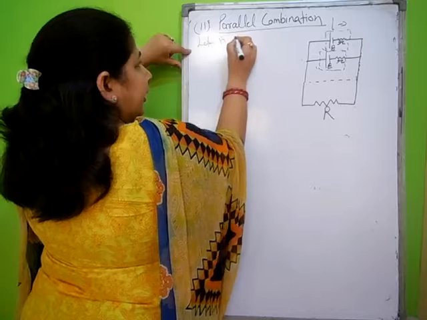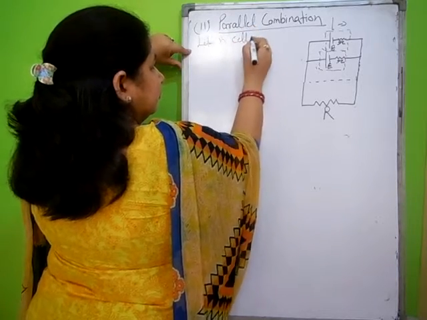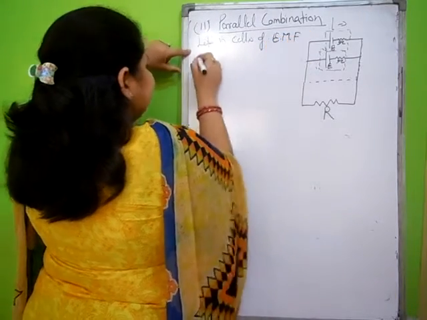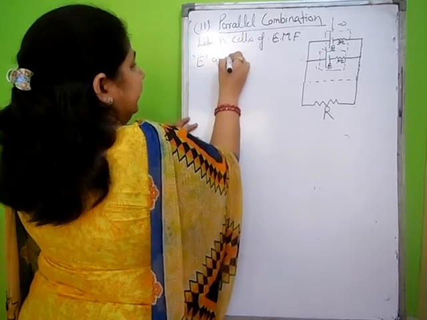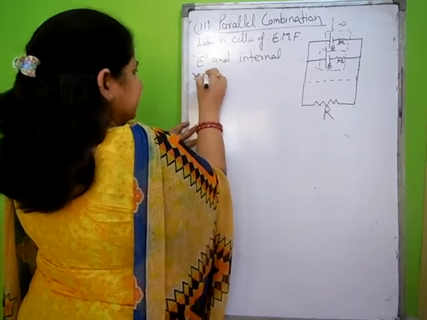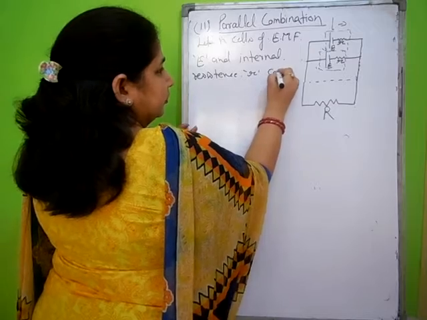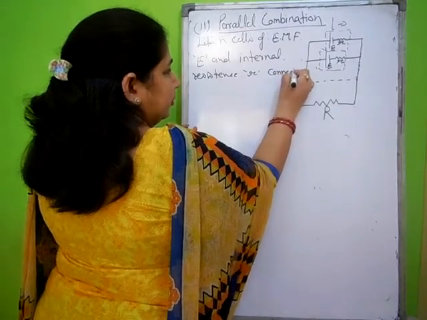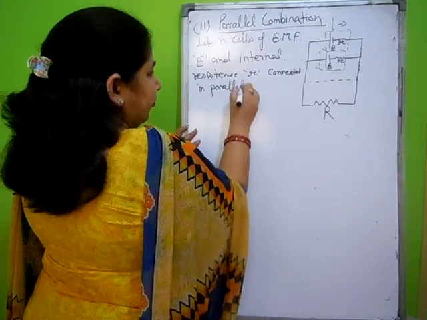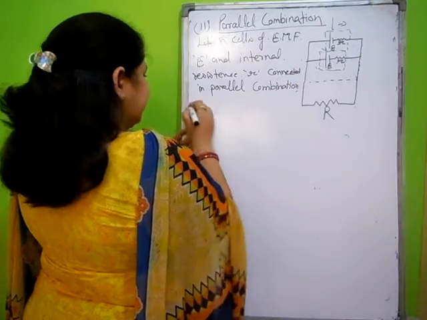Let n cells of EMF E and internal resistance r be connected in parallel combination. Then